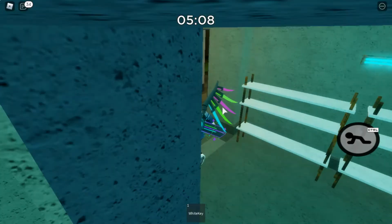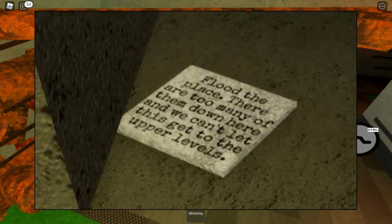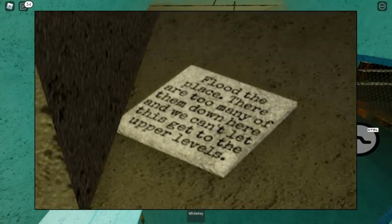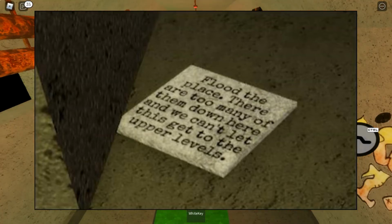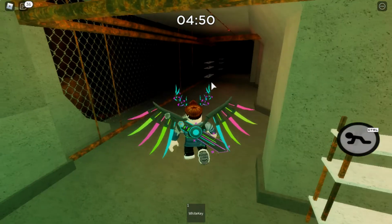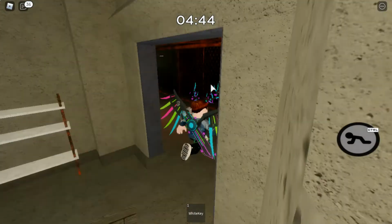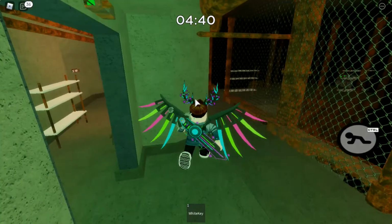Now the next note is in the bottom area where there's water flooded underneath the staircase. It says, "Flood the place. There are too many of them," which basically means the infected down here. "And we can't let this get to the upper levels." Apparently some TSP workers were down here and they flooded the place. I think they were talking more about the alligator, but somehow he apparently survived